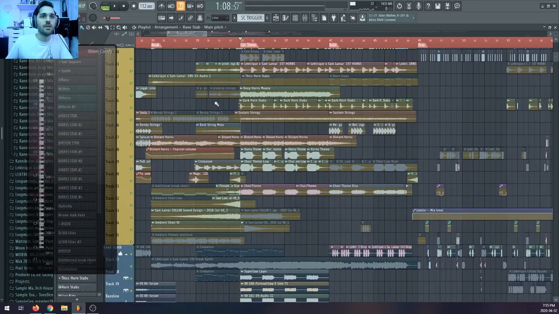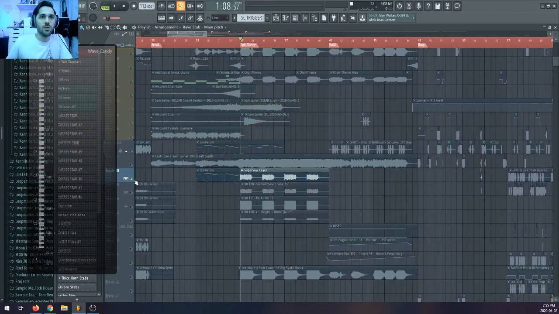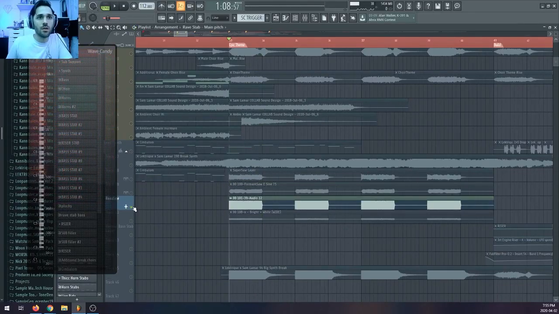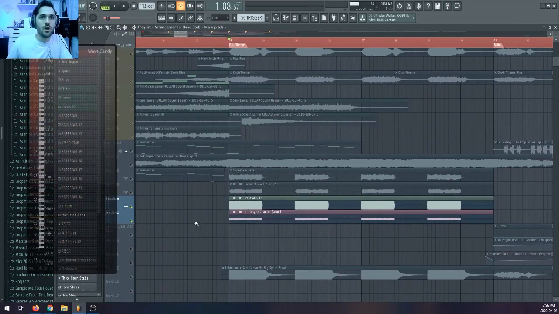And then building and building until it just sounds so big, because of these synth layers as well that we added later on. That's a little Sam Lamar synth. Just a super distorted saw bass, some white noise to fill up the top, and then together